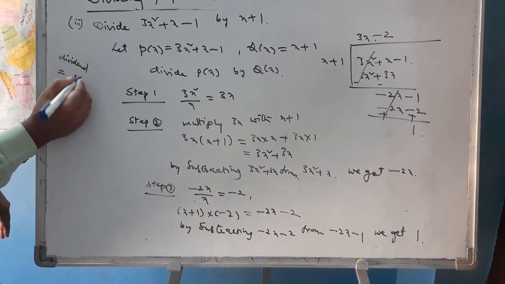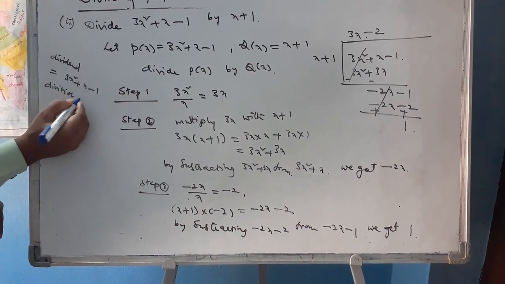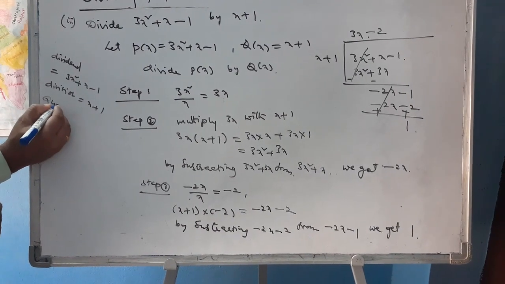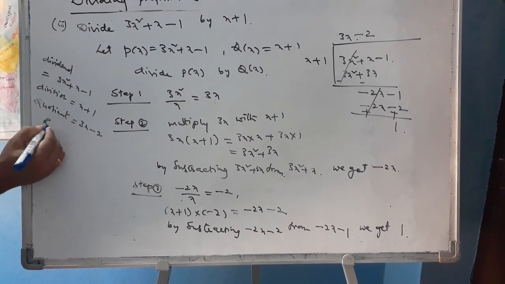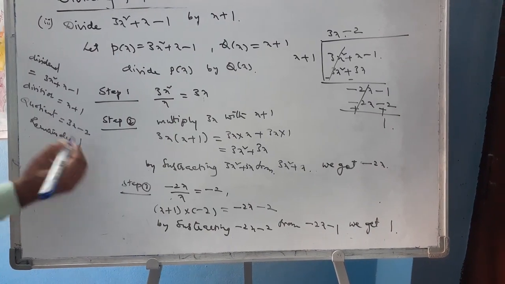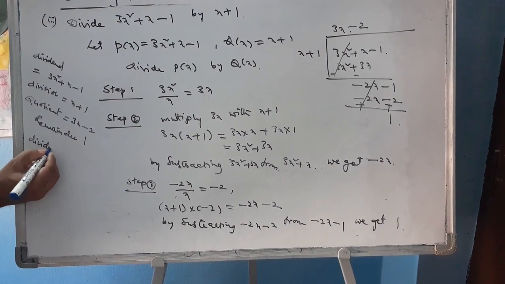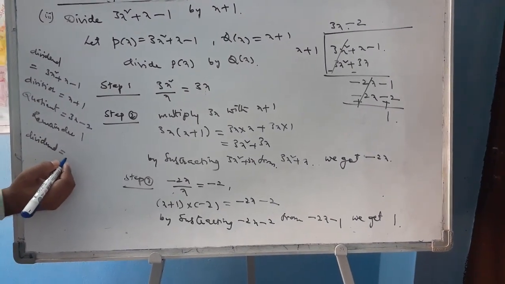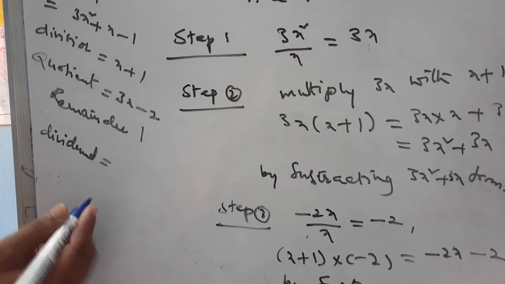dividend is equal to 3x square plus x minus 1. Divisor is equal to x plus 1, and quotient is 3x minus 2, and remainder is 1. So we can write it as dividend is equal